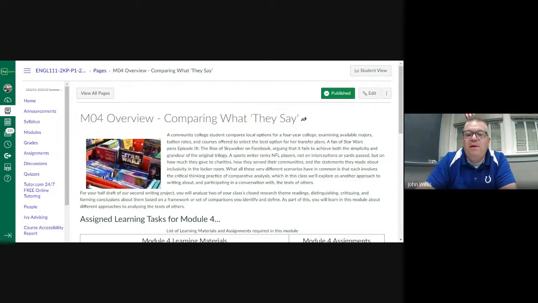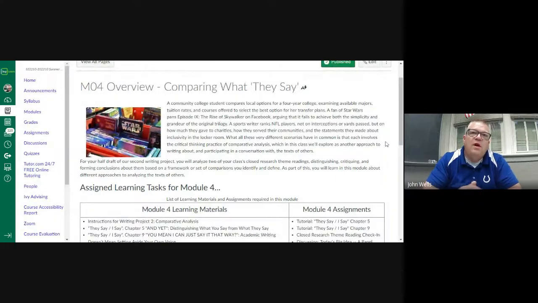Module number 4 is comparing what they say. In other words, we want to take really critical looks at two different works and then compare and contrast them. How are they similar? How are they different? That's our job. The reason this is a little more difficult is because it requires some skills that you may not be familiar with, or haven't done in this exact format. I like to be upfront with everybody on this. This will take a little extra effort for many of you, and that's fine. It's not undoable, but it's something I like to put out there first.